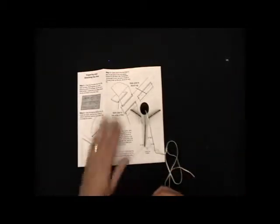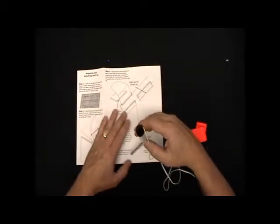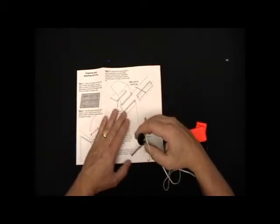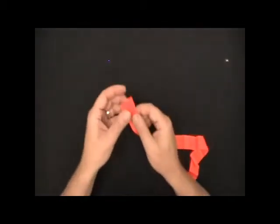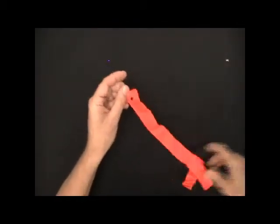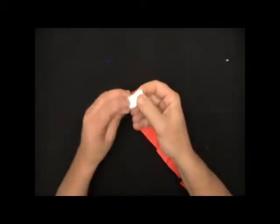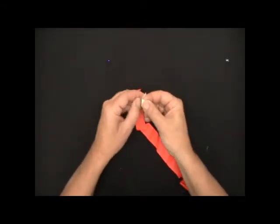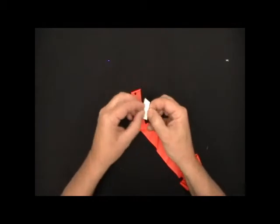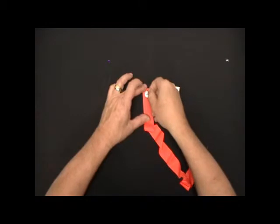We're going to set this aside for a few minutes and build our streamer. The streamer has a hole in the center, and there are 2 tape discs. We'll take the first tape disc, peel it off, and put it over this hole in the center of the streamer,